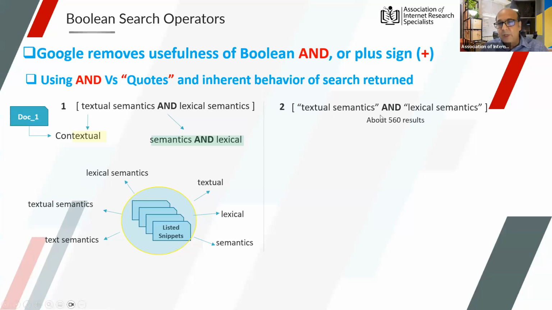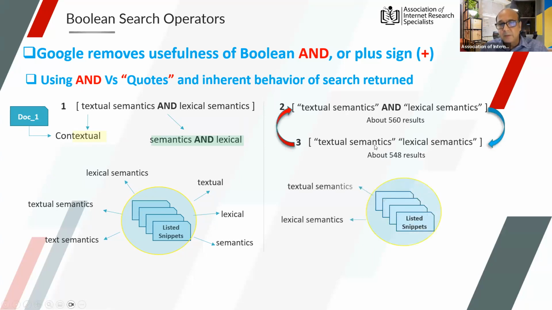So we now have two terms, textual semantics and lexical semantics, within quotation marks. And the result would invariably find both terms, textual semantics and lexical semantics, as mandatory terms. It is now emphasizing that they have to be found in the search results or the results are not acceptable. So this is very simple, but